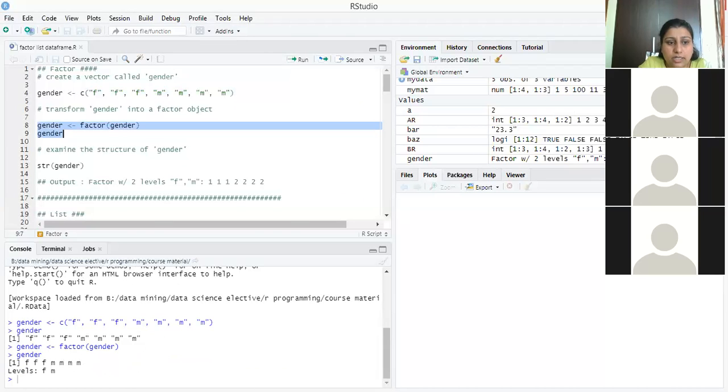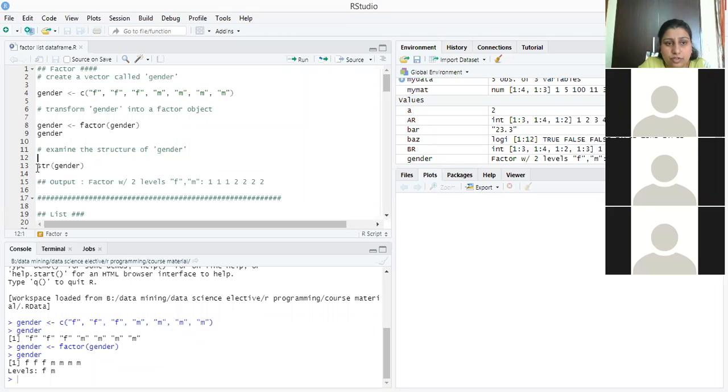As we convert it, all the values are the same, but it will give me two labels, F and M. As you can see, here the logical values are enclosed in inverted commas. But as we convert it into the factor variable, the inverted commas are removed and we get the values F F and M M directly, having two labels, F and M.